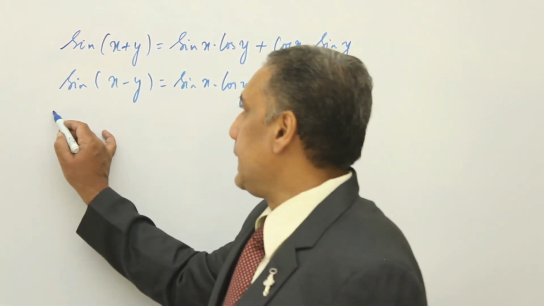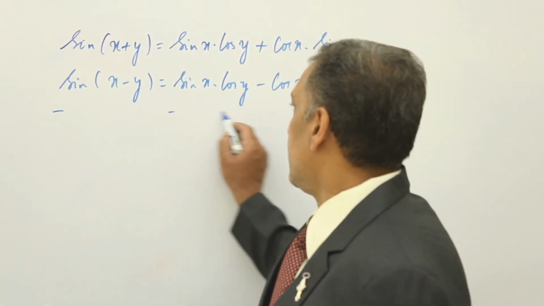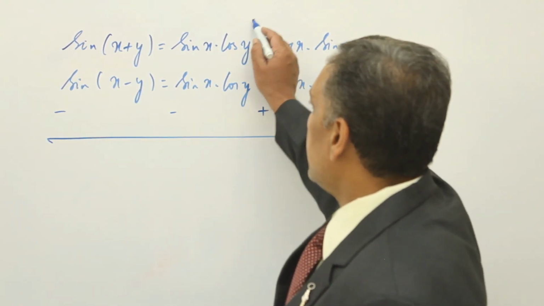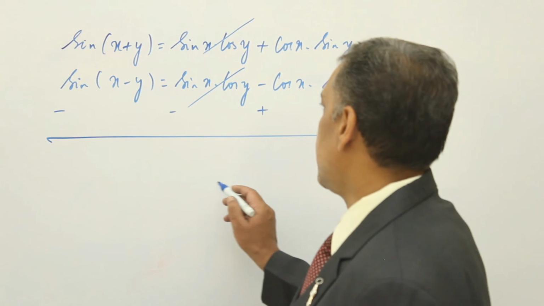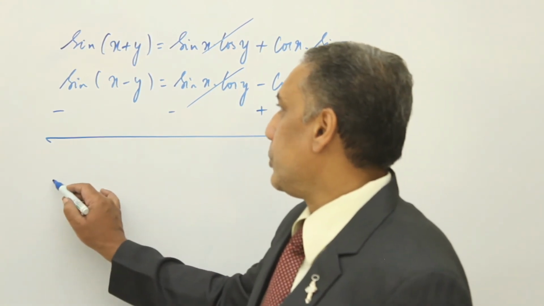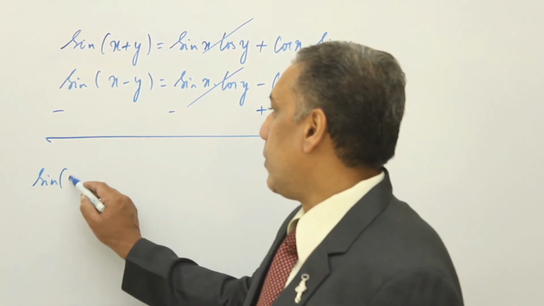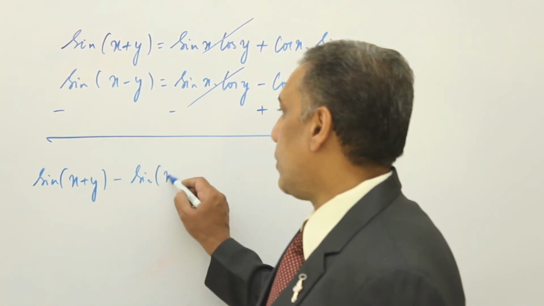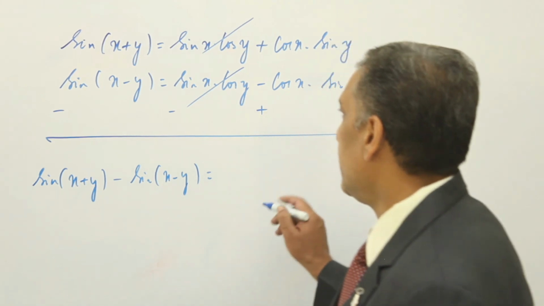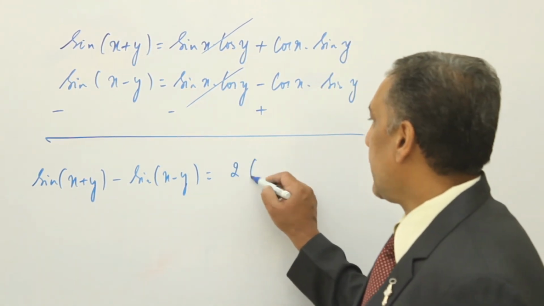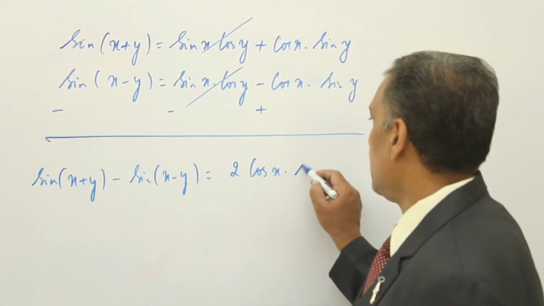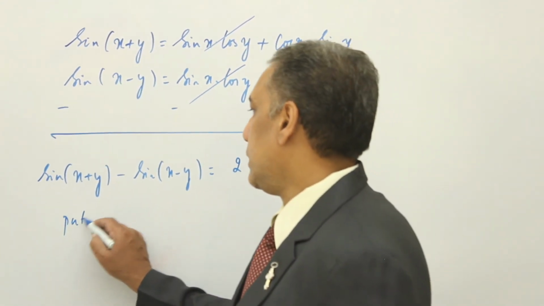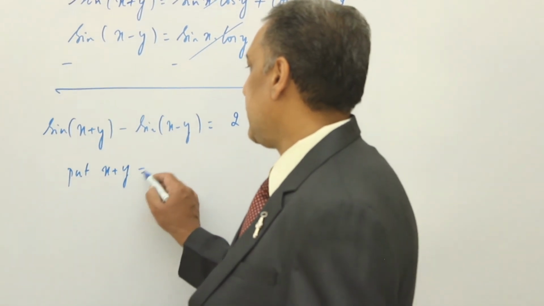So subtracting these two, plus sine x cos y and minus sine x cos y get cancelled. So you'll be getting sine of x plus y minus sine of x minus y equals 2 times cos x into sine y. Put x plus y equal to alpha